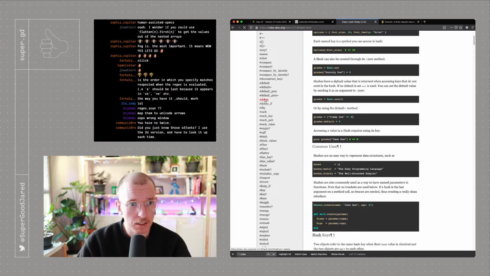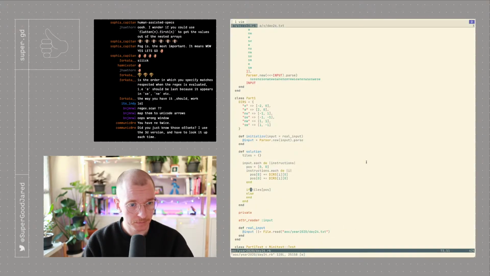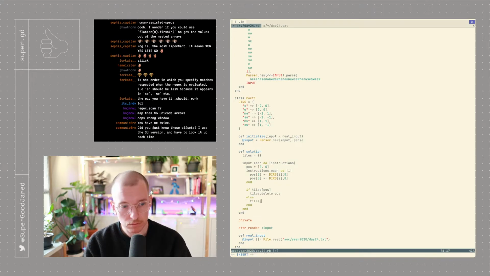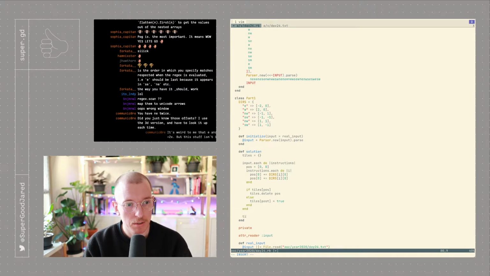There's delete takes a key, right? Yeah. So if it's already been set, then we delete it because we're only keeping track of the black ones. Otherwise, we set it. I'm just gonna use true because it doesn't really matter what the value is as long as it's truthy. And then we're going to return